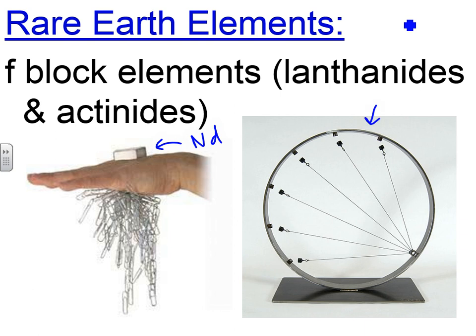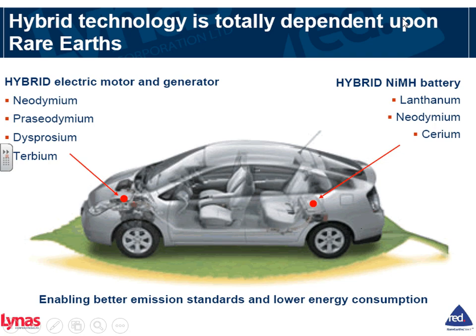These have a lot of electrons in them and really interesting properties. A lot of these are actually used in current or emergent technologies, hybrid technologies, and rare technologies. So they're actually important for us to obtain, and include things like praseodymium, dysprosium, terbium, and on. So some of the new environmentally friendly technologies use a lot of these rare earth elements, including cerium.